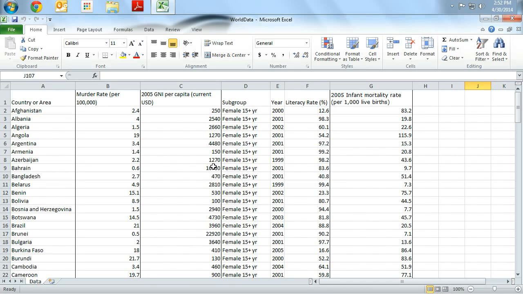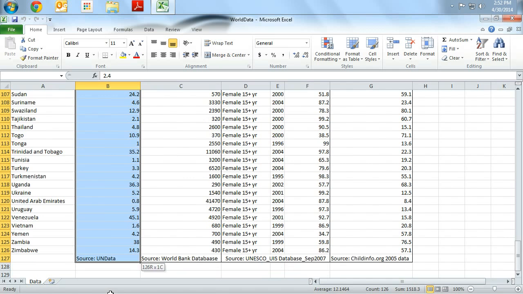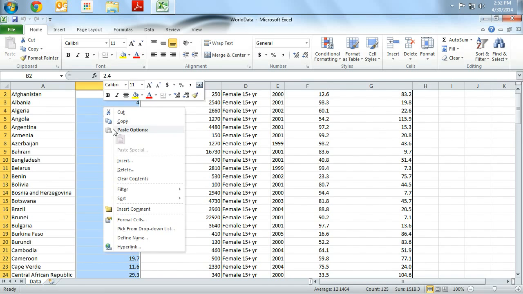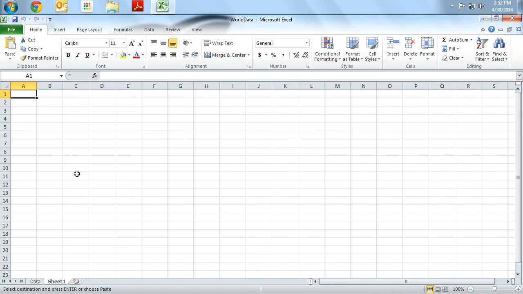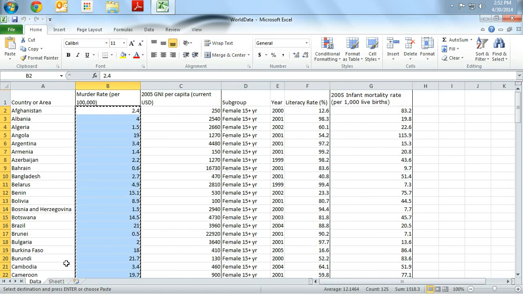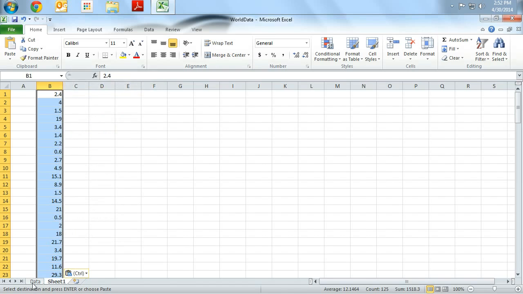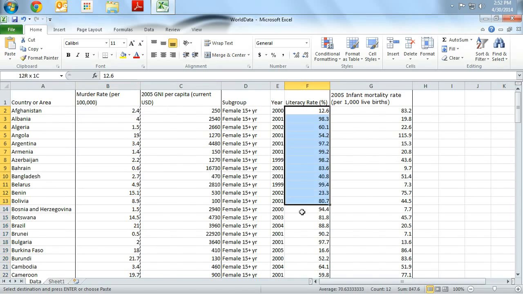So we're going to start with a scatter plot depicting murder rate versus literacy rate. So let's copy out what we need from that. We need murder rate here. I'm just going to copy, put that in a new sheet. Now murder rate being first before the versus means it's Y, so I should actually put that in the second column. Literacy rate,